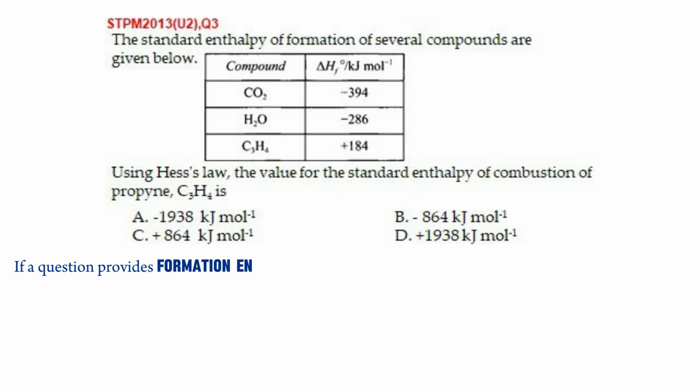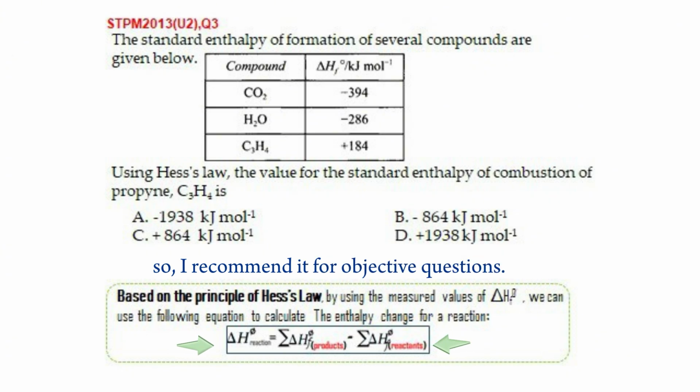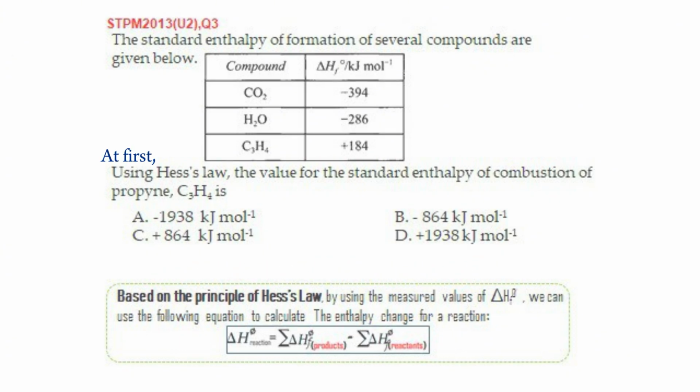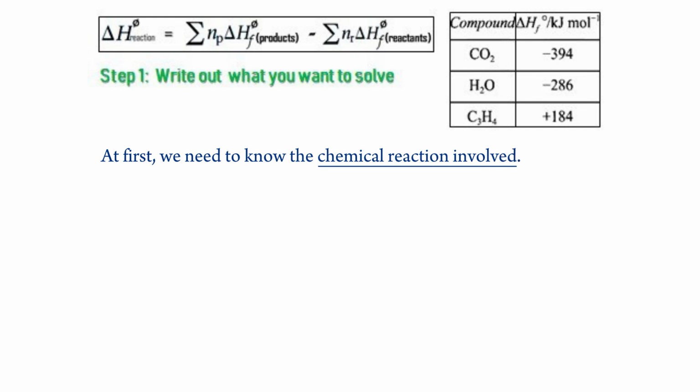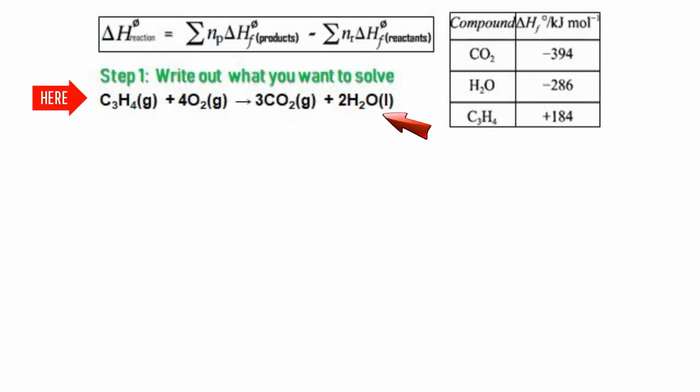If a question provides formation enthalpies for products and reactants, you can use this method. It's a faster method compared to the energy cycle, so I recommend it for objective questions. At first, we need to know the chemical reaction involved. The balanced equation for the complete combustion of C3H4 is